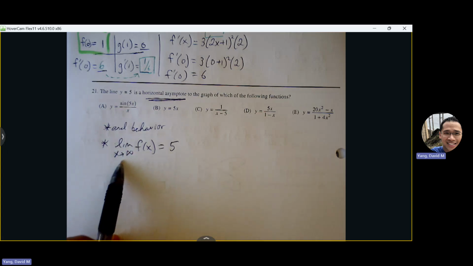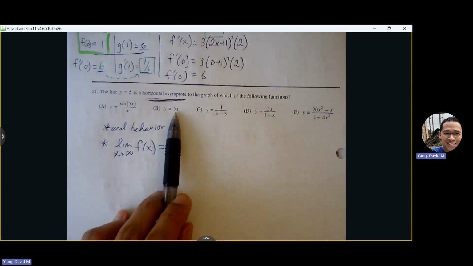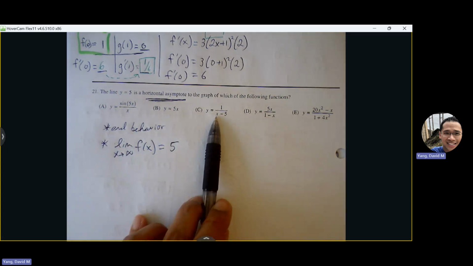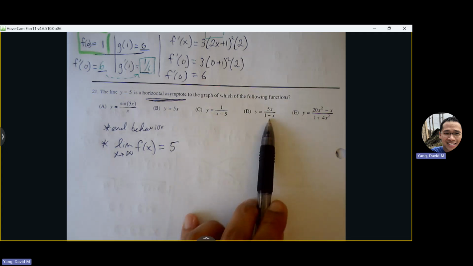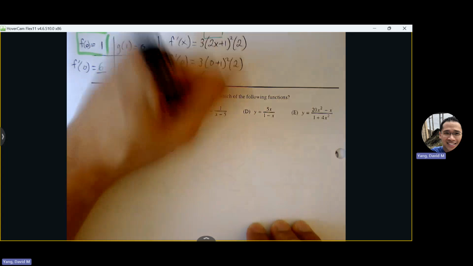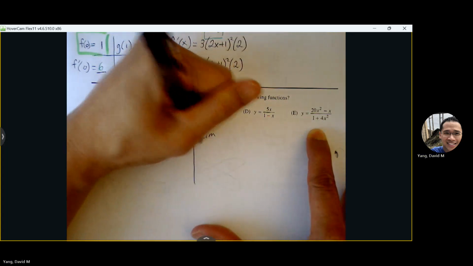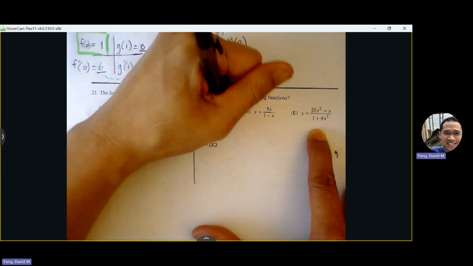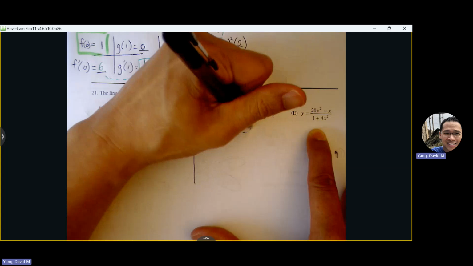We don't plug anything in. We go ahead and compare degrees. If degrees are the same, then we take the ratio of the coefficients. So there's no denominator there. This one is going to be 0. This is going to be -5. This is going to be the one that fits, because the limit as x approaches infinity of 20x squared minus x